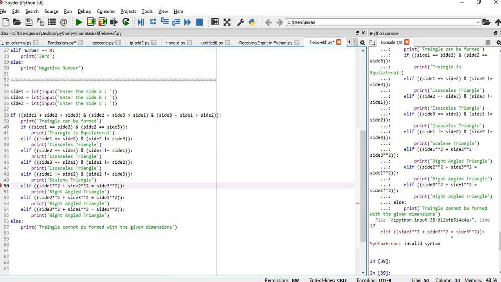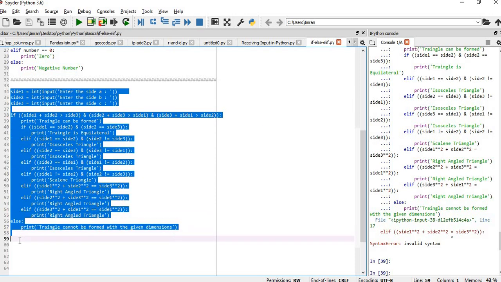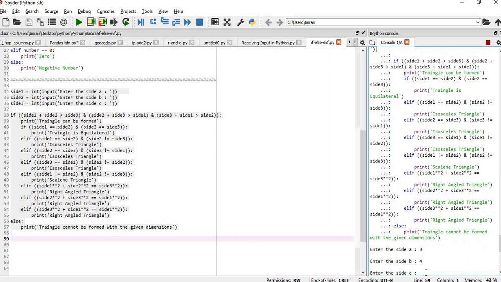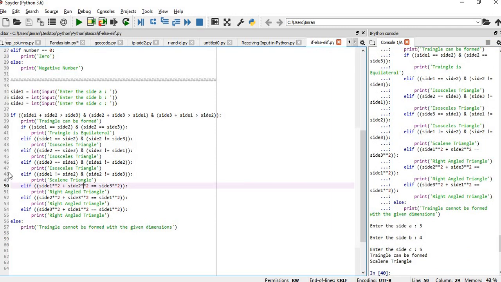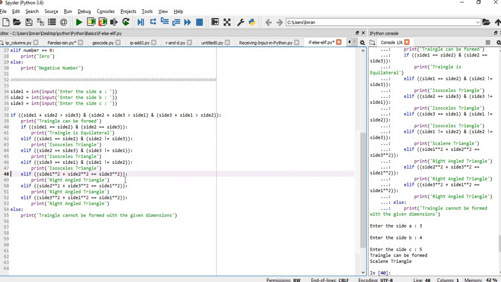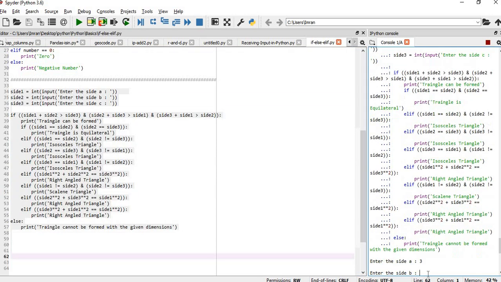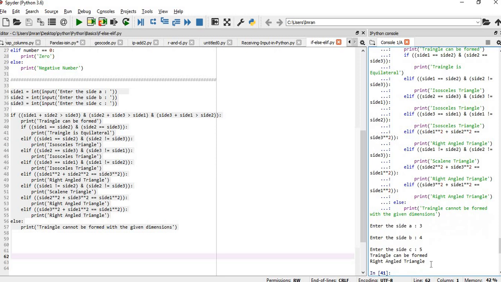So we'll see this. Here should be equal to, okay, and then we will record. So okay, so we'll give side 3 4 and 5, scalene. We'll give the logic of elif after this. Now, in this case, what will happen? The right angle triangle will be executed first. We'll show this. 3, 4, 5. You can see this right angle triangle is executed first. So that's how the logic of